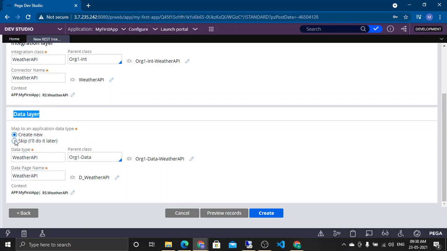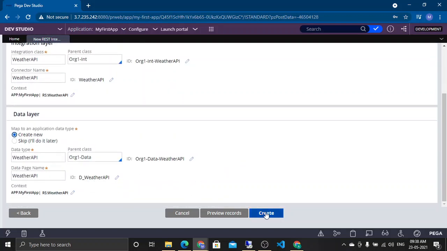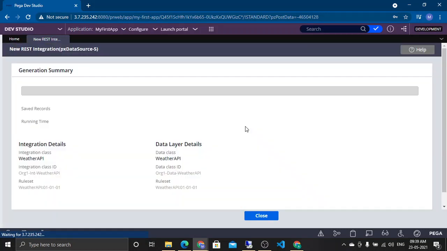or you can also skip and I will create it later, if you are very proficient and you don't want Pega to handle the response, basically to create the data model for the response. For now I'm just keeping whatever Pega is suggesting. Let us keep it. Pega is creating one more data page to access the API directly. So, yes, this one, right? Then create. Pega will take its sweet little time to configure everything in the background, all the classes, data